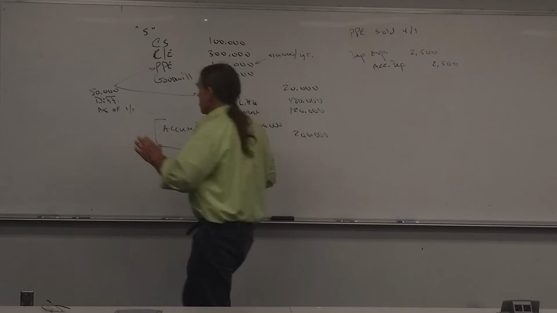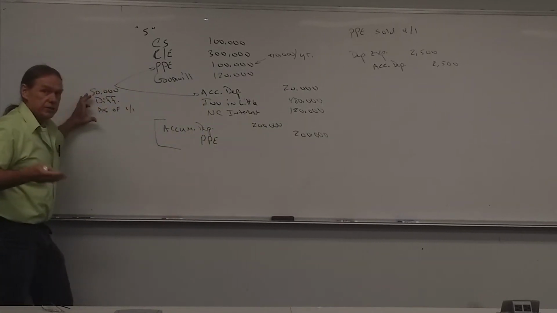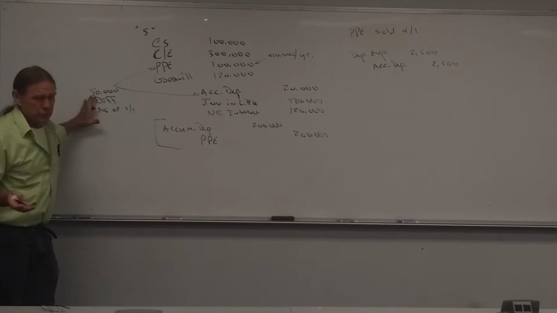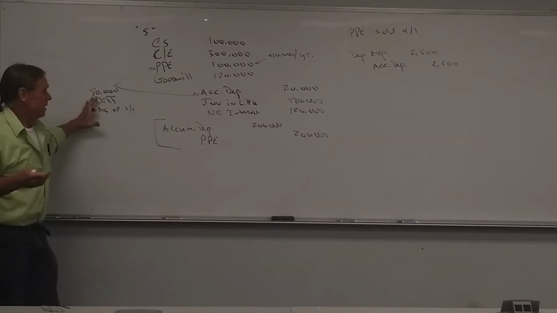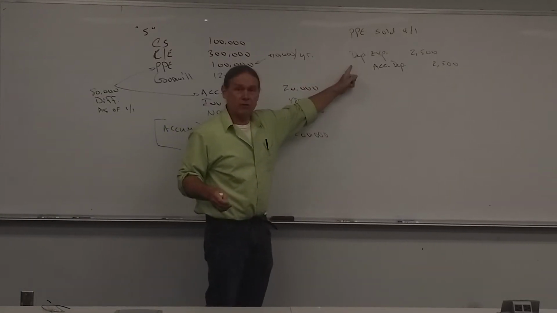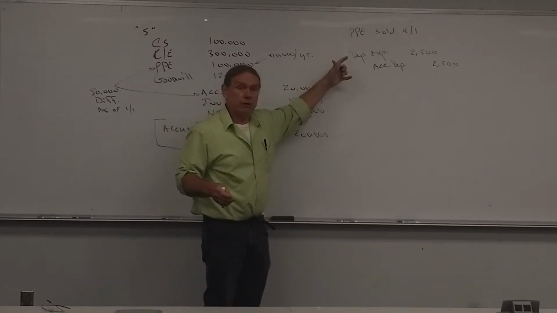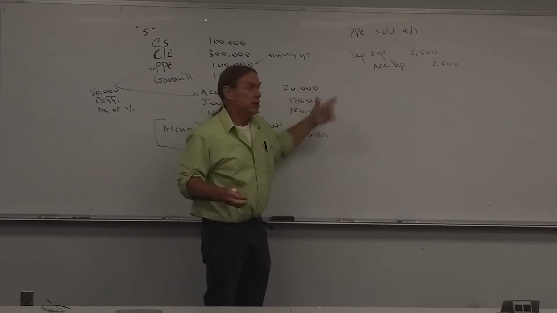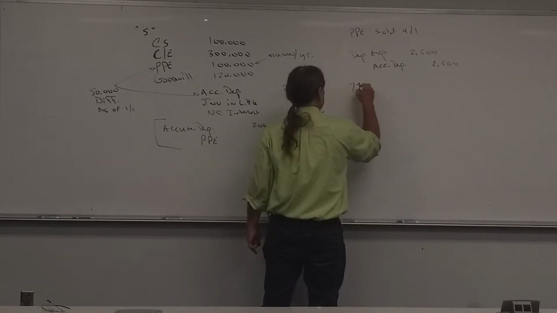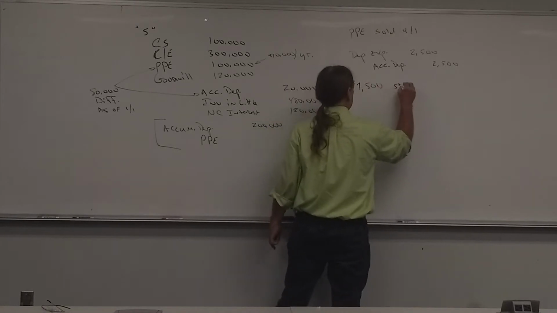Of this $80,000 differential, we did write off $2,500 through our partial year amortization. So there's still $77,500